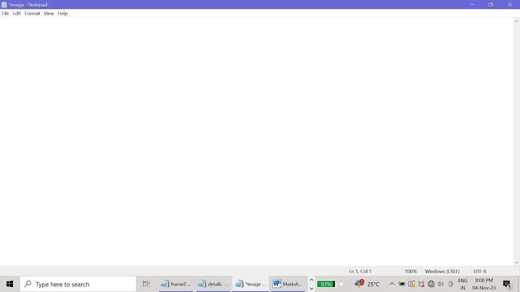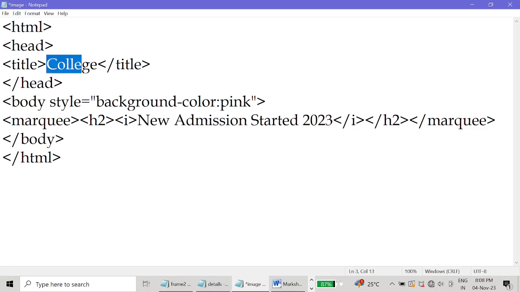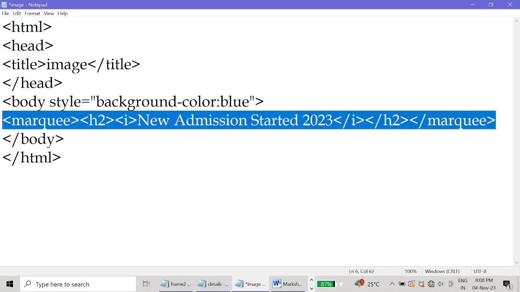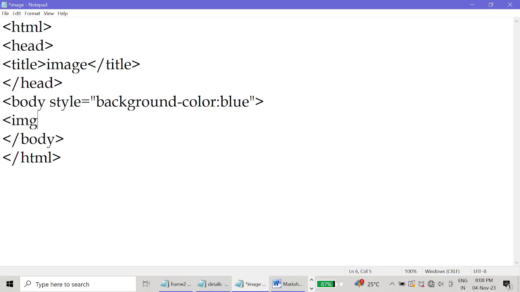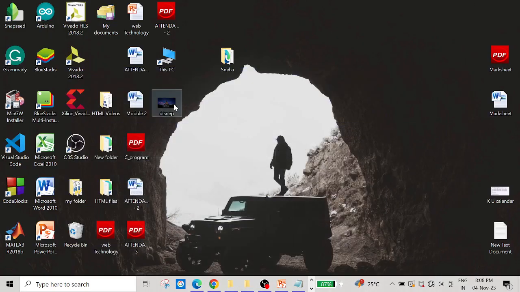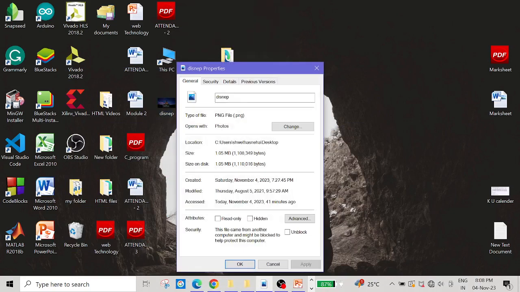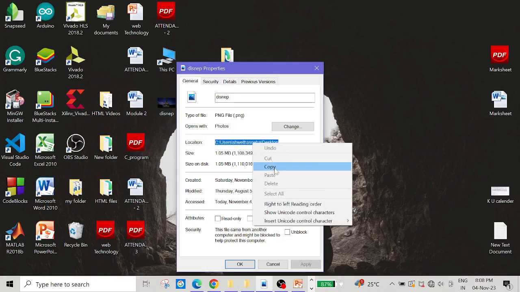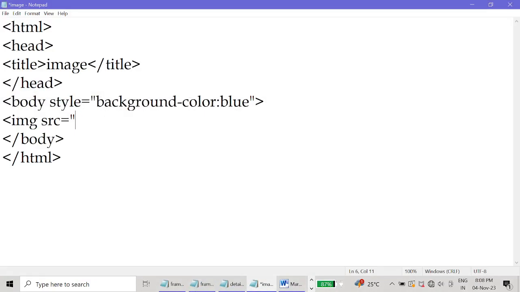So let me just change here image, and the background color was blue, so I will give the blue color here, and here I have to display the image using the image tag, and in the src you will give the location of the image. So you know how to give an image, isn't it? Go to properties and copy the entire location and paste it over here,